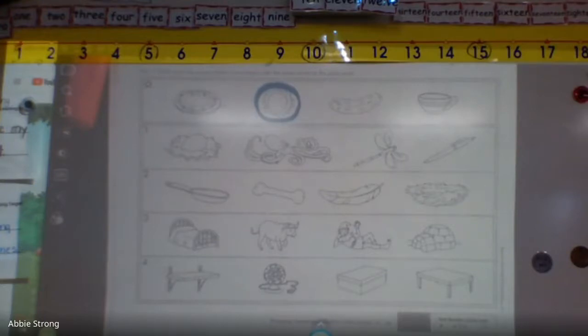Circle the picture that starts the same way as the word edge, edge. Which picture starts the same way as edge? In row number 2, edge. We're in row number 2. We have a pan, you have a bone, a feather,